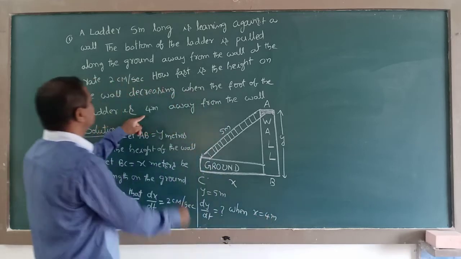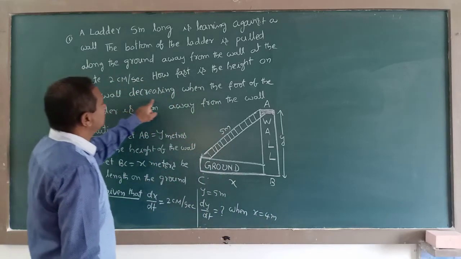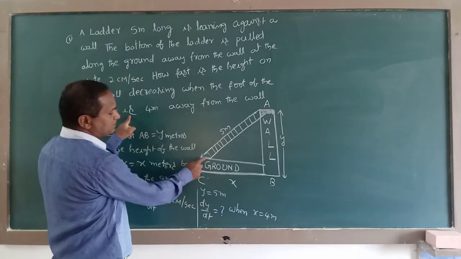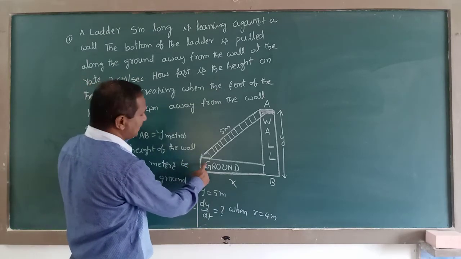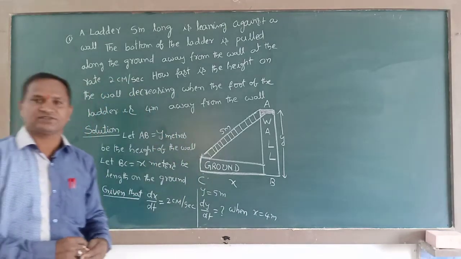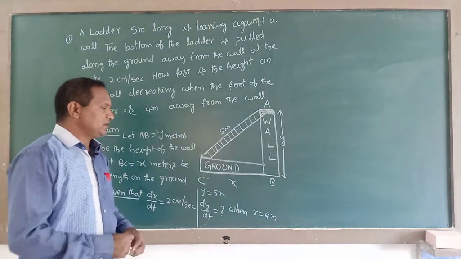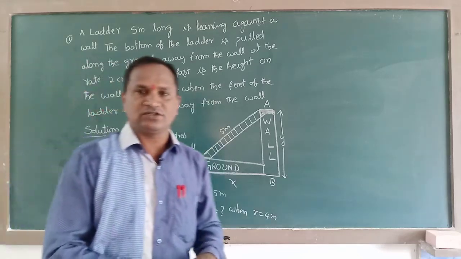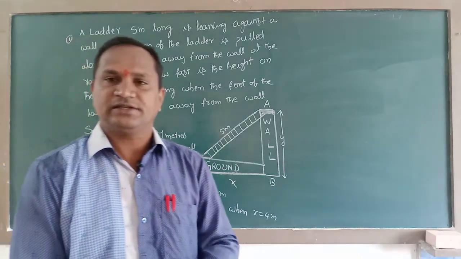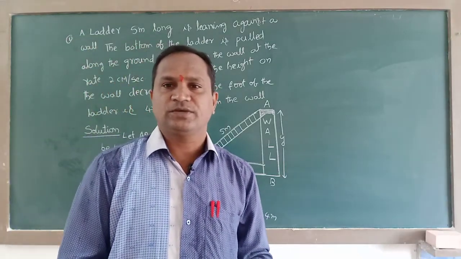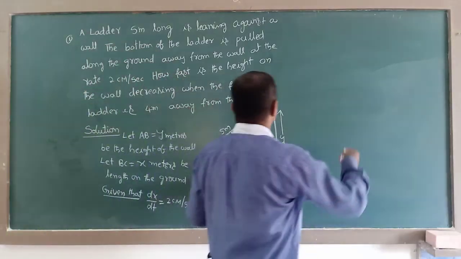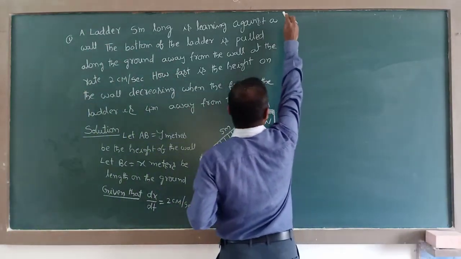Because the wall is decreasing when the foot of the ladder is, foot means bottom place, foot of the ladder is 4 meters. Then what about dy by dt they are asking here. See, if you can observe the diagram, right angle triangle ABC you are seeing here. When you are seeing that right angle triangle, we must and should apply Pythagoras theorem statement here. From right angle triangle,